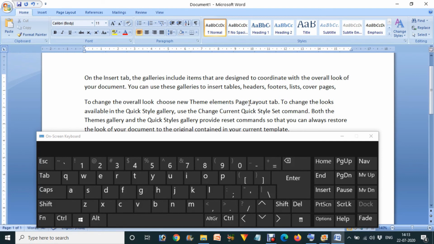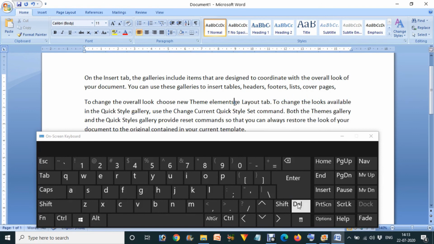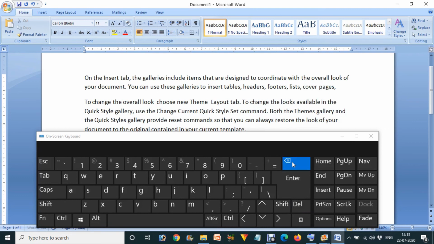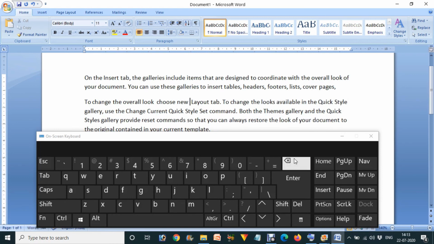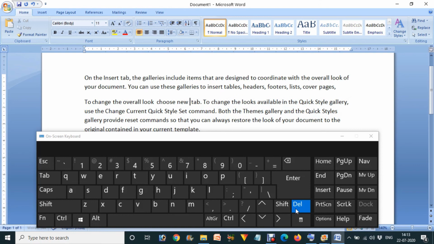But if we want to delete the words after it, we just press the delete key and it will delete the following characters. Words after the cursor you can delete by pressing delete, and if you want to delete the front side of a word, you have to use backspace. If you want to delete this side, we press this, and if we want to delete this side, we press the delete key.